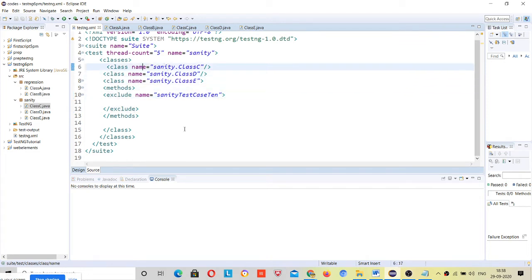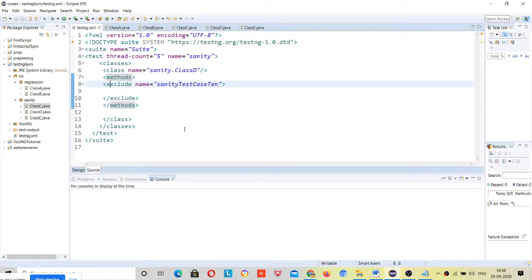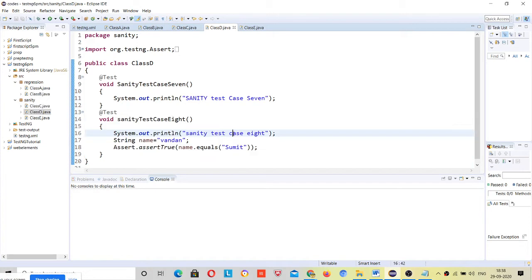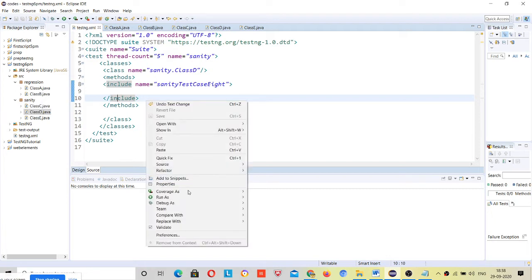I will remove this because C and D, let me change it to include. Now in class D, I will run only this method, sanity test case 8, right? And I have to convert it to include, right? Now only this method will be running.